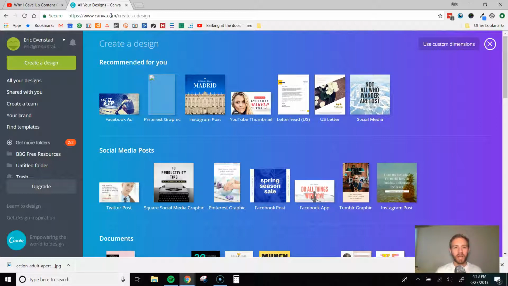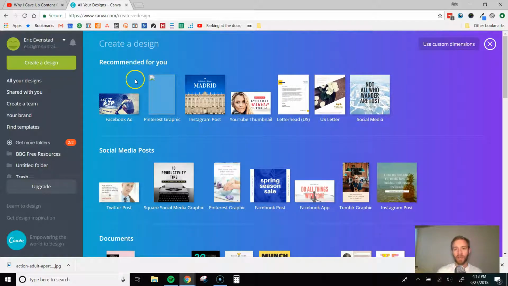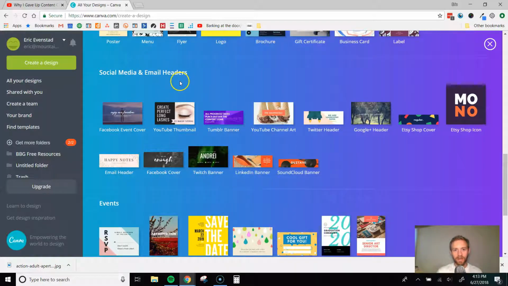Sign up for your account, log in, and you're going to be taken into your own dashboard. Once you get there, click Create a Design, this green button here, and it's going to take you to a page that looks like this. Scroll down under Social Media and Email Headers and you're going to see YouTube Thumbnail. The cool thing is they've already sized it to the exact size specifications that YouTube requires for this image. It's 1280 pixels by 720. So I'm going to click on that,